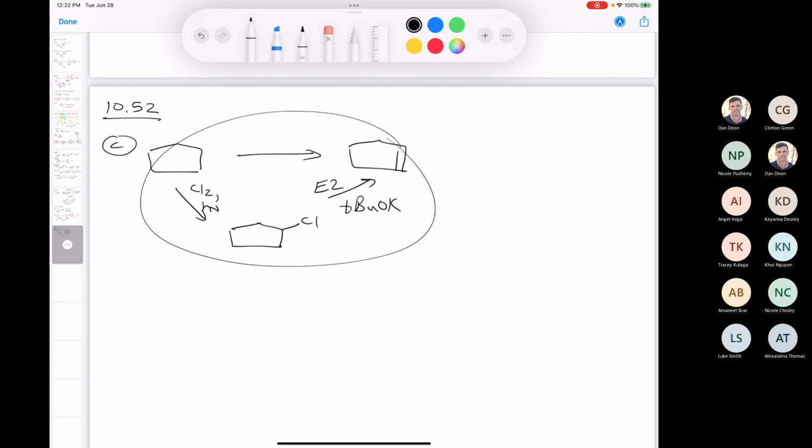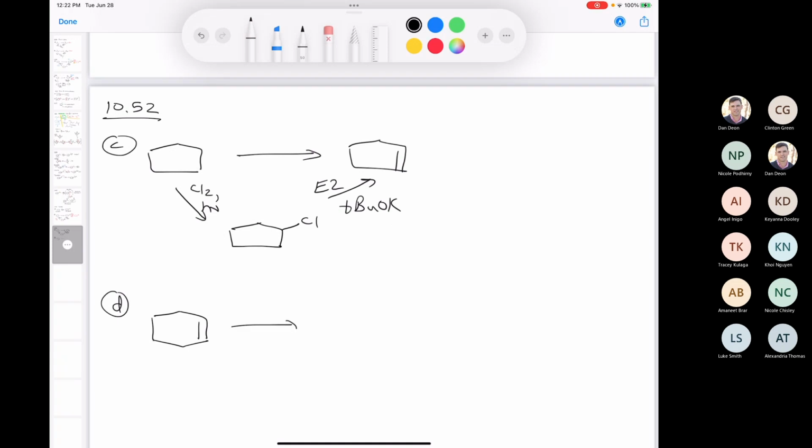So we're going to see the same strategy come up in the next problem, 10.52D, where we take, oh, sorry, no, we're not. We are starting with the alkene, my mistake. So we're starting with cyclohexene, and we want to convert that to the dibromo compound. And remember, bromine is added in an anti fashion. So we end up with this compound plus its enantiomer. Could anybody suggest conditions to add bromine? Oh, D doesn't start with an alkene. I thought it didn't. Anyhow,